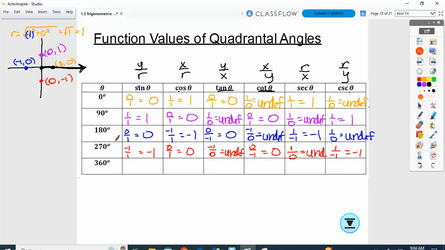All right, last one, 360. Where is 360 at? It's the same as 0. It's coterminal with 0, so it's the same values I had in my first row. So 0, 1, 0,